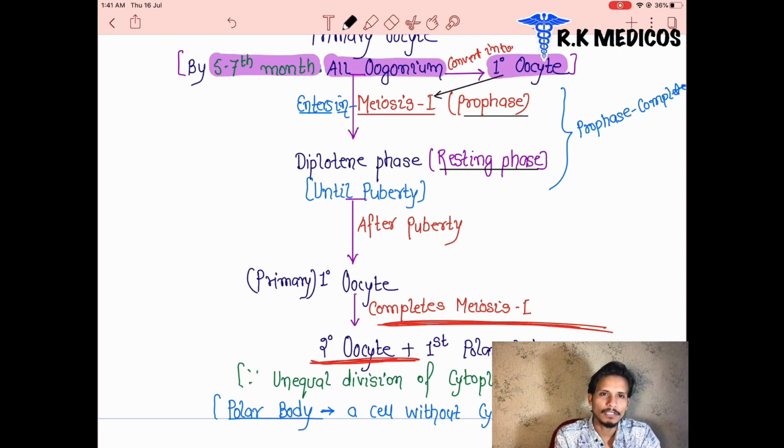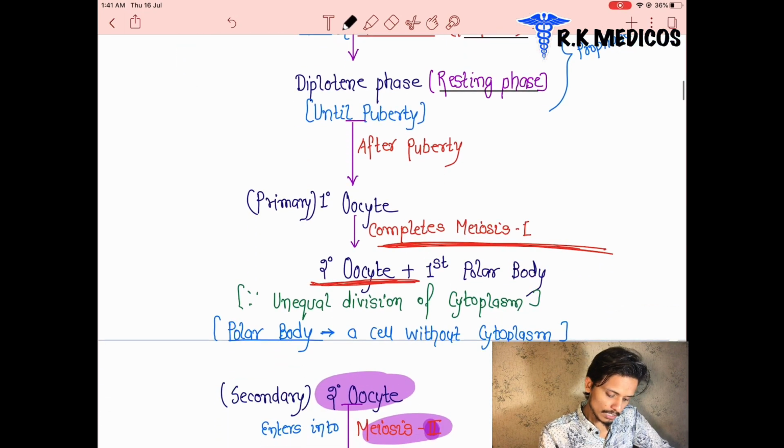It happens during our intrauterine life. After the child attains puberty, what is the child developing inside the mother as a fetus? After the birth, the child attains maturity after some time, and after maturity, or puberty, these primary oocytes get converted into secondary oocytes, or there is a completion of